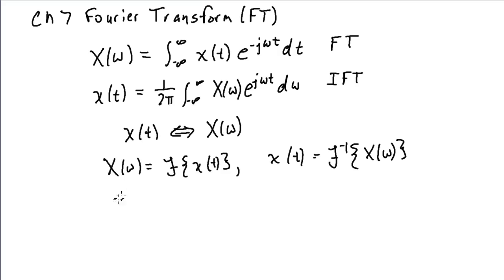So again, X of omega is a complex function of omega, so we can write it in exponential form as the magnitude of X of omega times e to the j angle of X of omega. The magnitude of X of omega is called the magnitude spectrum of x of t, and the angle of X of omega is called the phase spectrum. So we can use the definition of the Fourier transform